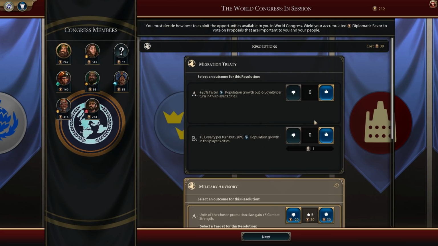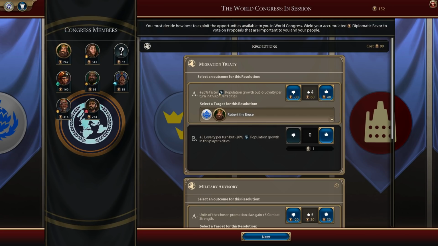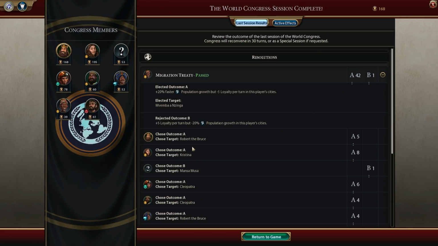I think I'm kind of tempted to give myself the 20% faster population growth. So I'm going to put 5 votes in there for myself. It will mean my loyalty is a little bit harder to deal with, but I'm not having loyalty problems right now. And 30 turns of an extra 20% growth would be nice, but it looks like Mavemba actually heavily voted